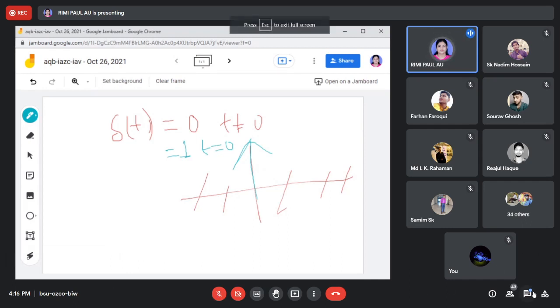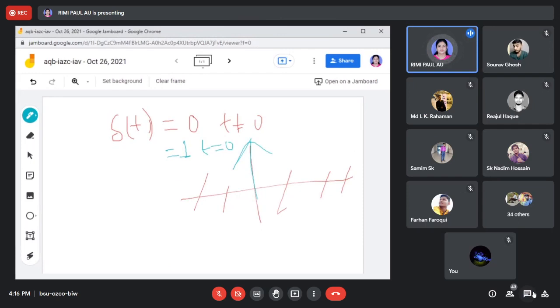So the three things we have learned today: the step signal, the unit step signal, whose value is 1 for t greater than or equal to 0. The ramp signal, whose value is u(t) equal to t for t greater than or equal to 0. We'll get the ramp function, and if I multiply any ramp signal or any signal with the step signal, we'll get only the first coordinate, and this is the impulse signal. For the impulse signal we only get the value at t is equal to 0, otherwise it will be 0, and we can shift this one.